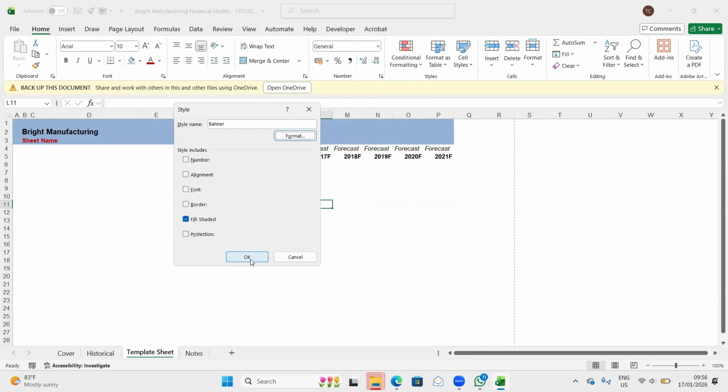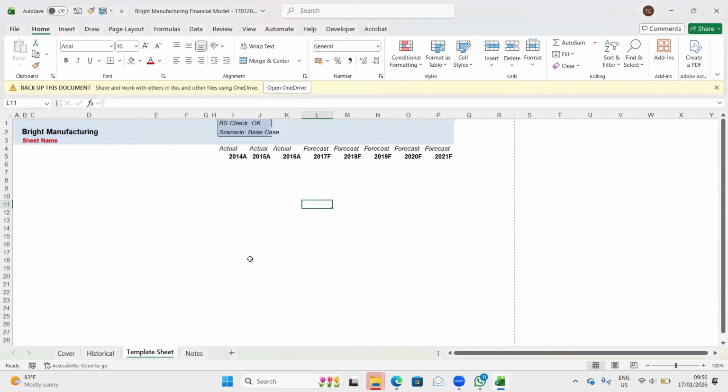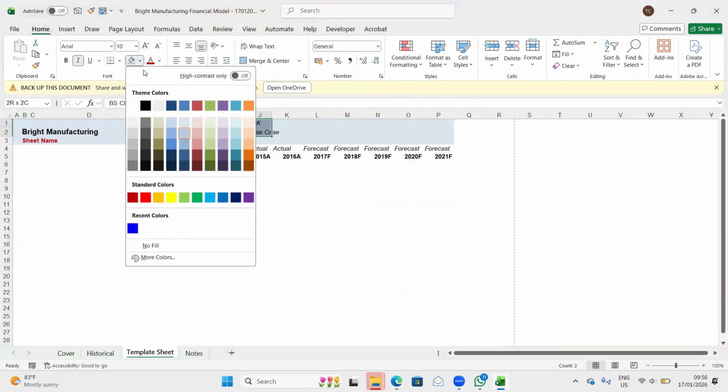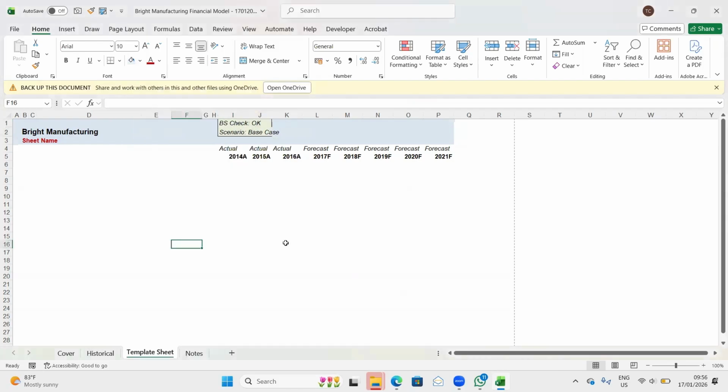Oh Lord, so that's why it's good to create a cell style for it so that I can always adjust. So this one now, I can just change the filling here, right? Okay, that's fine. So now look at it. We have created a template sheet for our financial model, and this template is what we'll be using throughout this